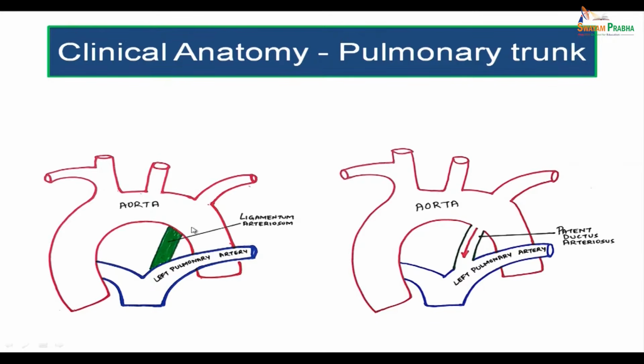The function of this ductus arteriosus is to bypass the blood from the pulmonary trunk, which is carrying it from the right ventricle, bypass the blood in the pulmonary circulation, it goes directly to the aorta. So, once the aorta receives the blood, it will be distributed to the whole of the body. This is in case of fetal life. So, ligamentum arteriosum is a remnant of this duct, the ductus arteriosus in case of adults, because it undergoes involution after birth. What happens is, immediately after birth, the ductus arteriosus will have a negative balance of pressure